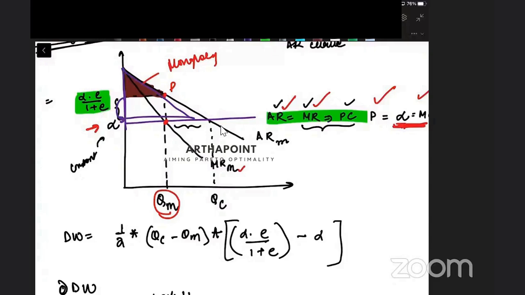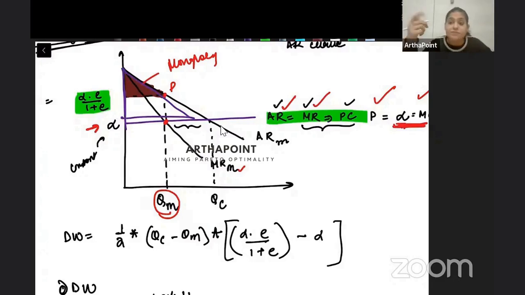Okay. So now, take the opposite of it. When will consumer surplus be very different from each other? When the prices are very different from each other. So, if this price that the monopolist charges keeps on increasing, like if the price is here, or here, or here, then the consumer surplus with monopolist will be very, very less. It will just be this much. And that with another firm will be very, very high. With the perfectly competitive firm will be high. So perfectly competitive firm will be this much. So